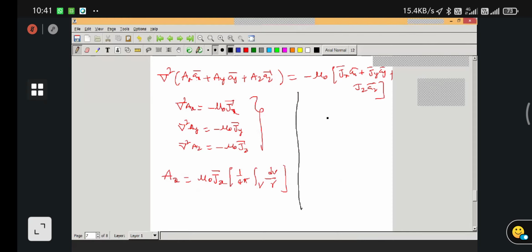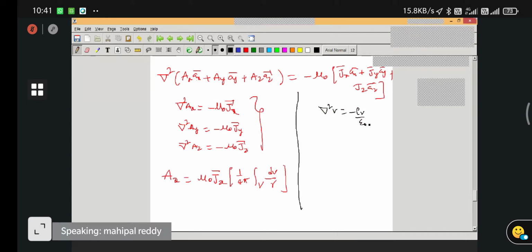Poisson's equation of electrostatics: del squared V equals minus rho v by epsilon. Please keep in mind the concepts of the coordinate systems from the first unit; otherwise it will be hard to understand. We discussed Poisson's equation, electric flux density, and the Laplace equation. Using the first and second Maxwell equations, we can derive the fourth Maxwell equation, which is also the vector Poisson's equation of the magnetostatic field, with rho v equal to 0.